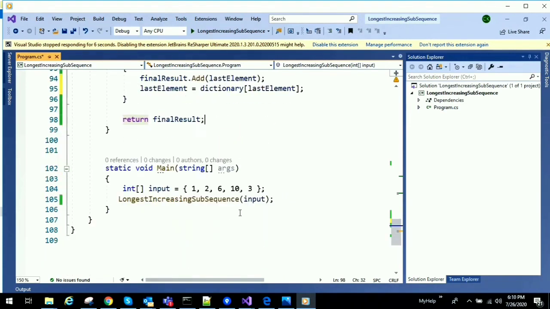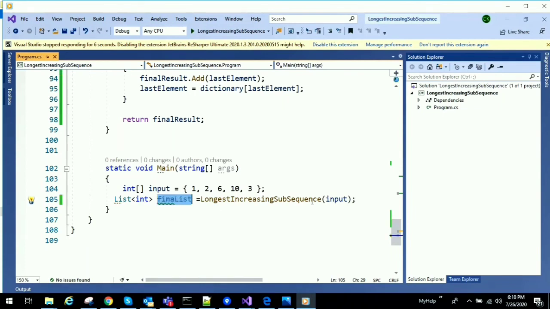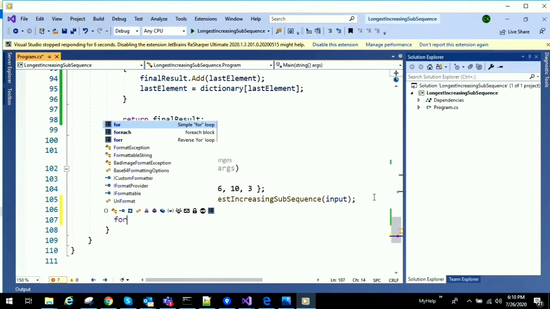just for the sake of maintaining the right order. And here we are calling this method with input. It gives us an output list. It is a list of int, final list. So this contains the answer, and we just need to print it. So how do I do it?